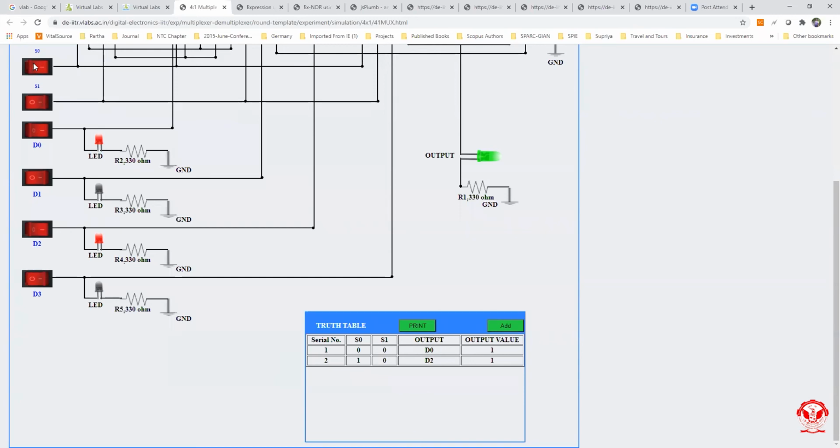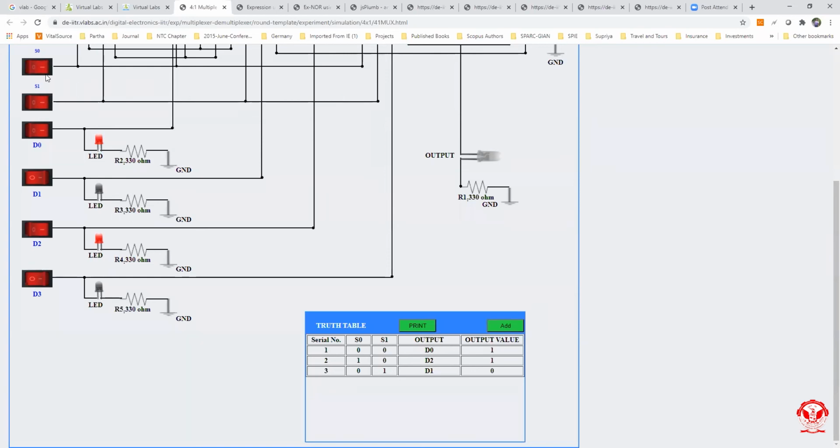Now for 0 and 1, just add the value, and we can see that for select lines 0 and 1, which is showing 1, the output will be D1. Since at D1 we have applied logic 0, the output logic is 0 and the output LED doesn't light up.